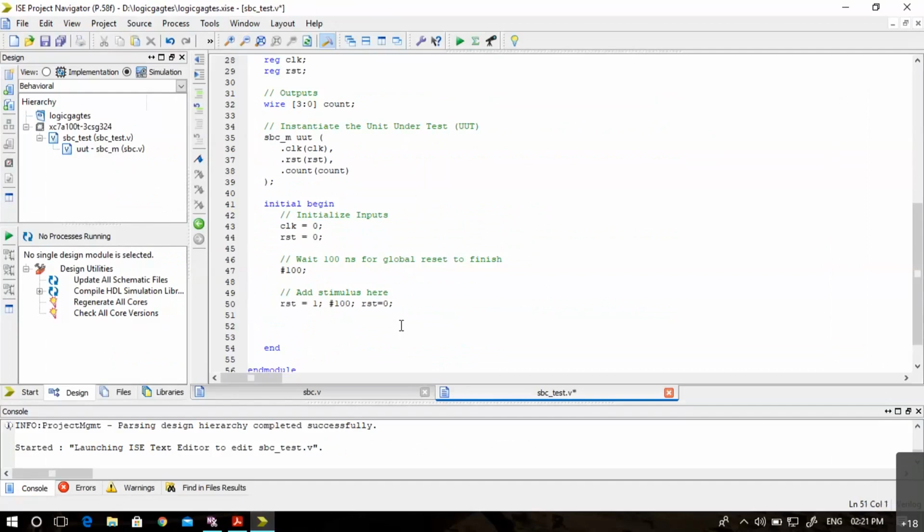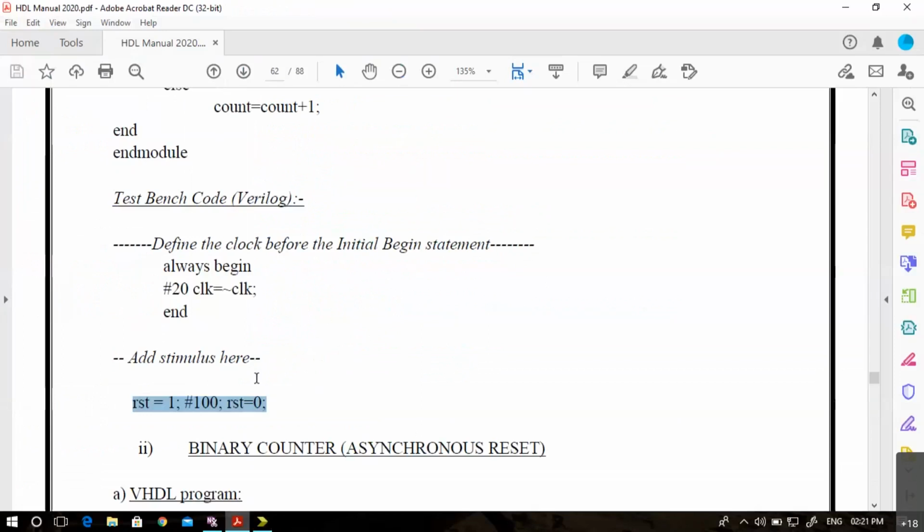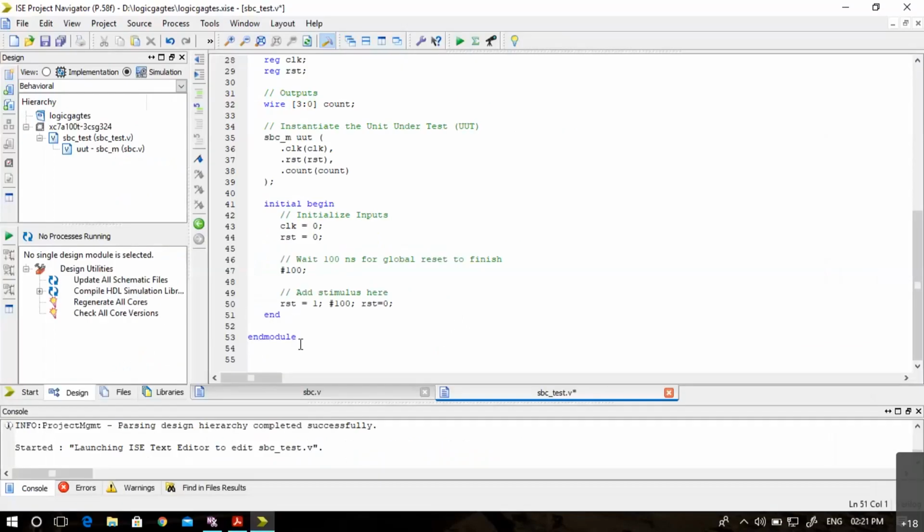Here, as it is a counter, no need to add many stimuli, just giving reset and then making reset 0. But now we have to add the clock. Let me add the clock code here.